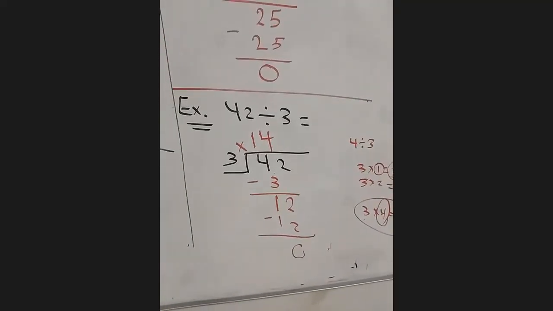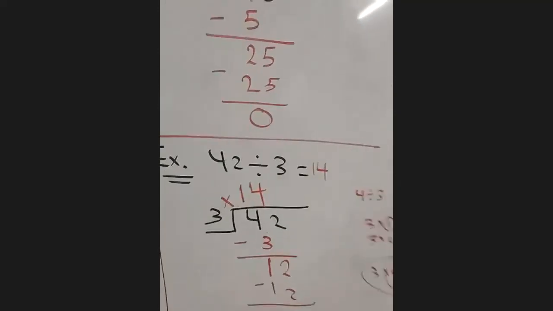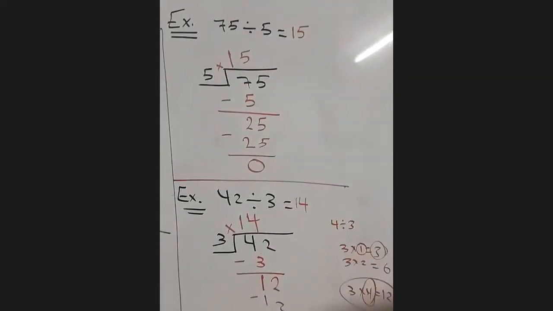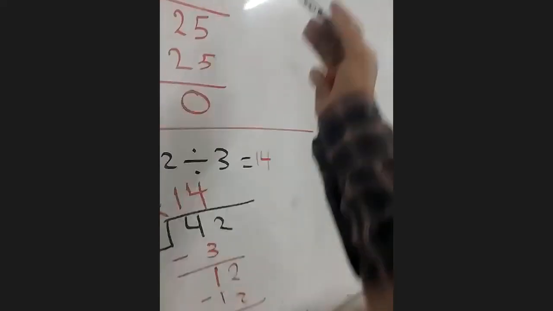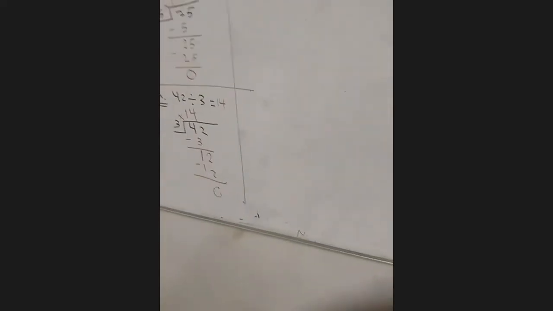So the answer here is what? 14. The answer is 14. Now here the remainder is 0, and no need to mention it in your answer. But if the remainder is not 0, guys, we need to mention it in our answer. For example, if we have, look here, guys,